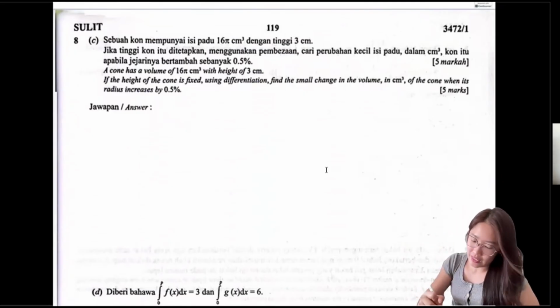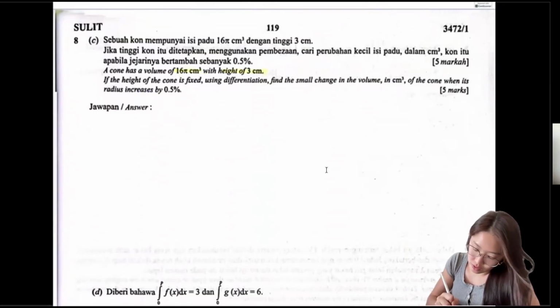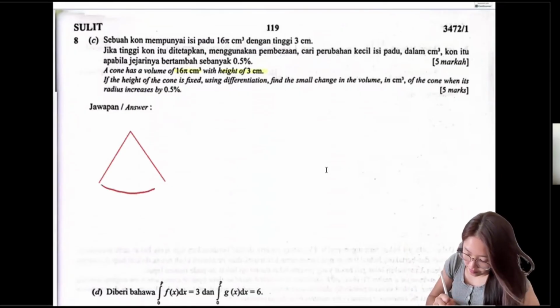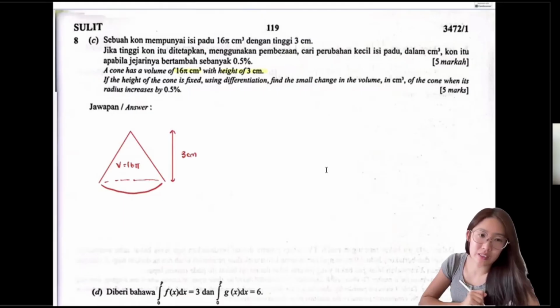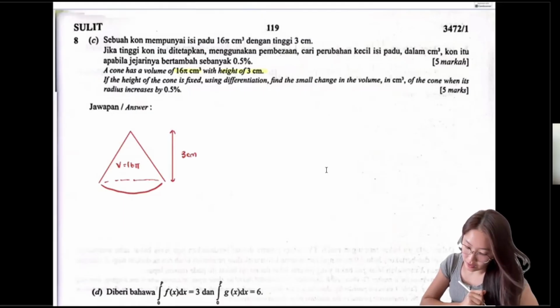A cone has a volume of 16 pi cm cubed with height of 3 cm. Visualize the thing by drawing it out. Let me draw you a cone. The cone looks like this. The volume is 16 pi. The height, remember when they say height means perpendicular height. This is 3 cm. If the height of the cone is fixed, using differentiation, find the small change